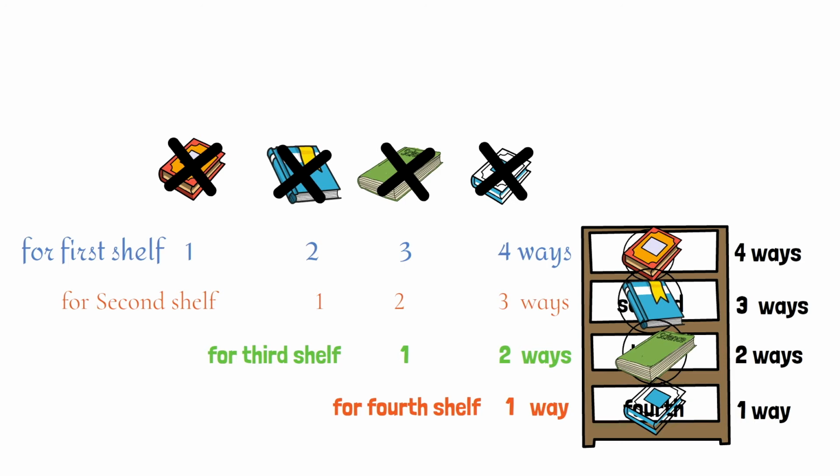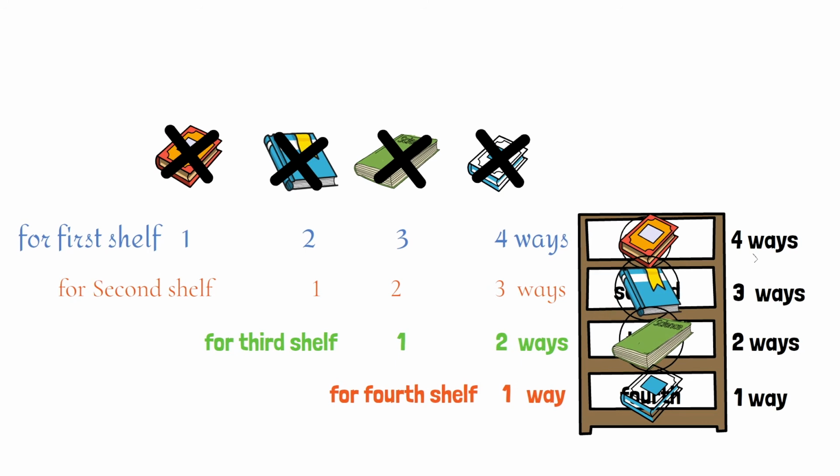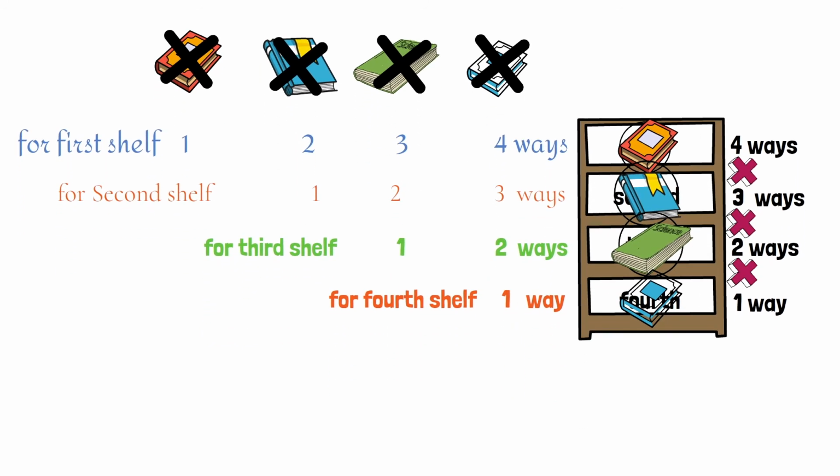Next point is to check whether all the books are to be arranged on the shelf or we have the option to fill either of the shelves. But actually we have to arrange all the books on the shelf. So here we use the multiplication rule and multiply them. So the answer is 24.